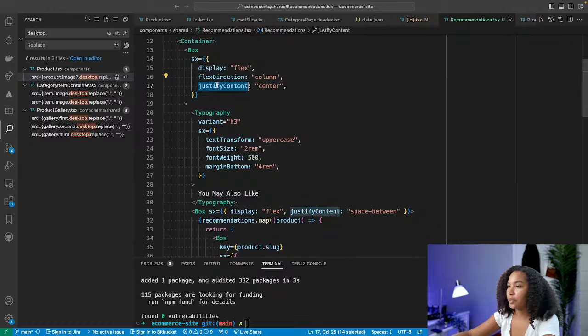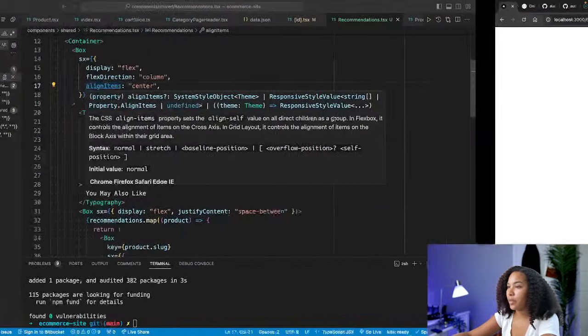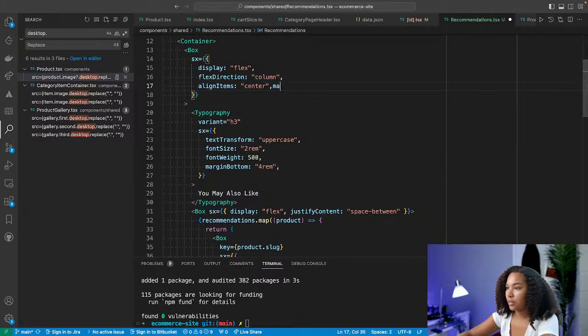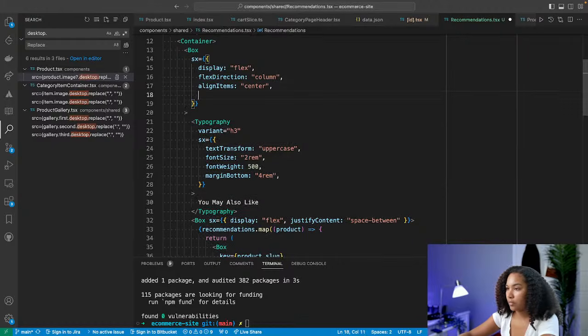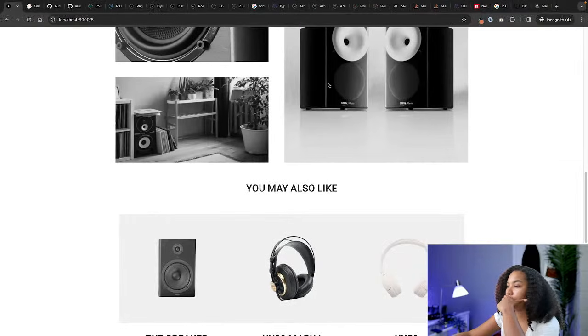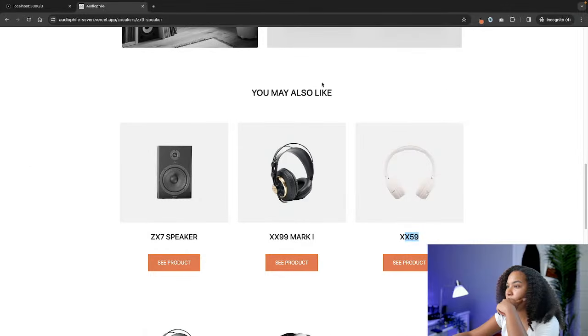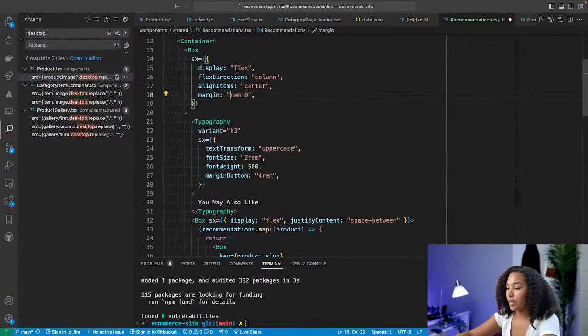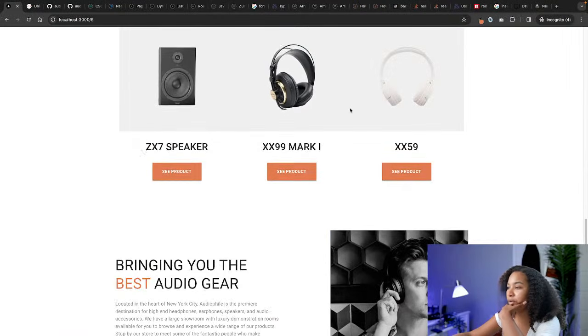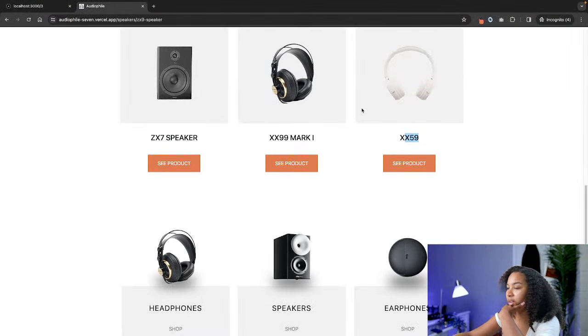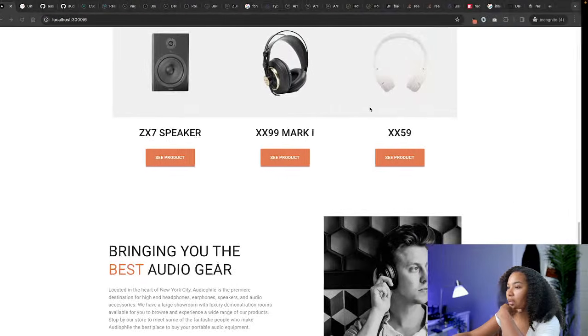Oh, align item center. Cool. And then we just need some margin. 4M. Maybe a little bit more. Maybe 8, which is a lot, a bit more, but that. And then,